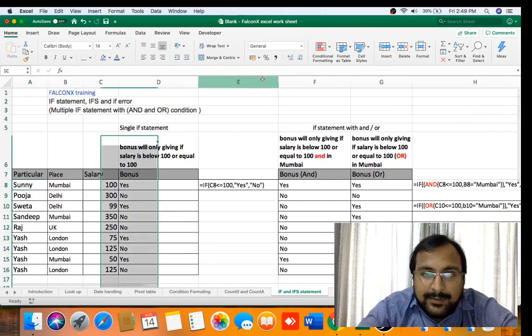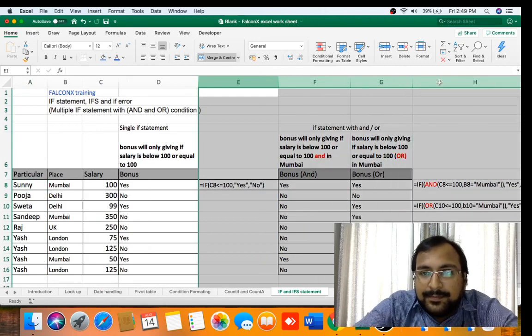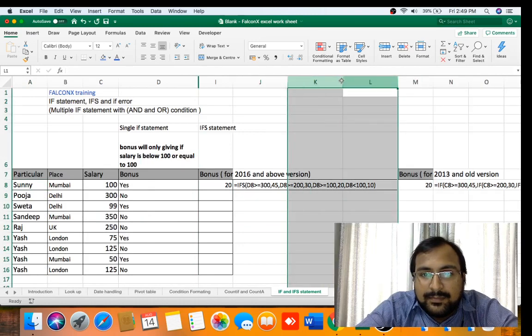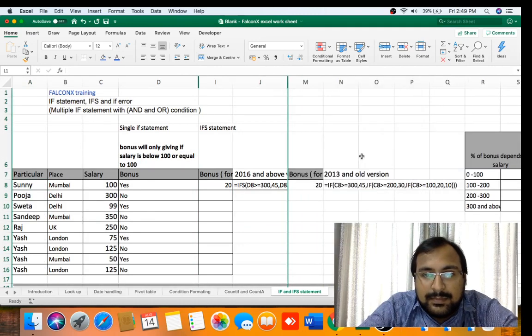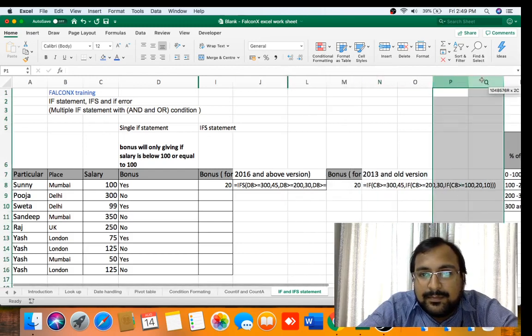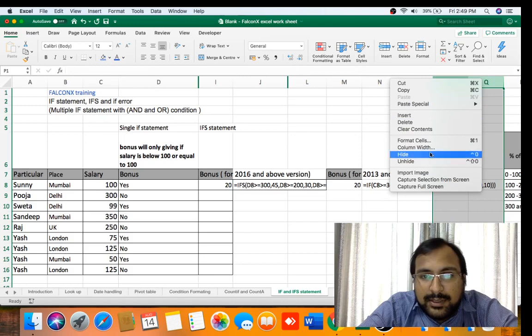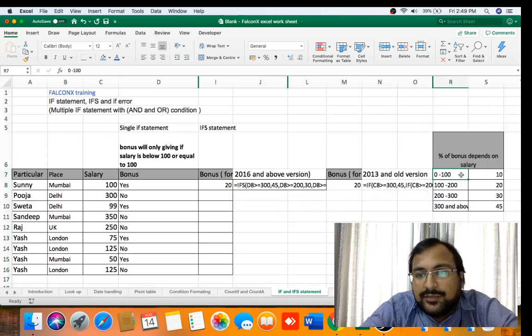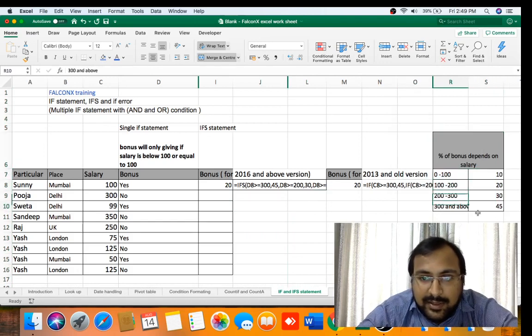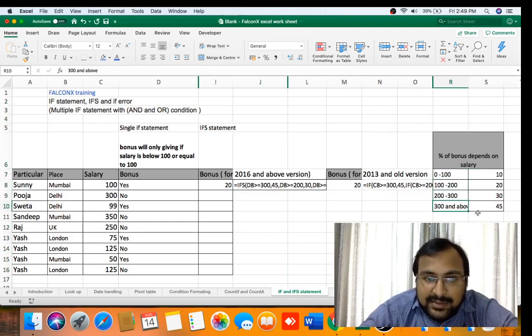Let me hide it. Find it. Now the condition which we have to find is the percentage of bonus given depending on the salary. For example, if the salary is above 300, we will give him 45 rupees.